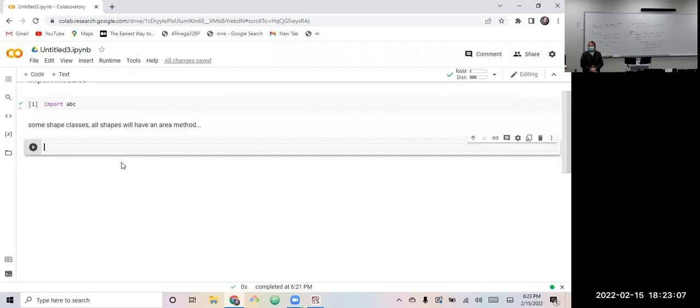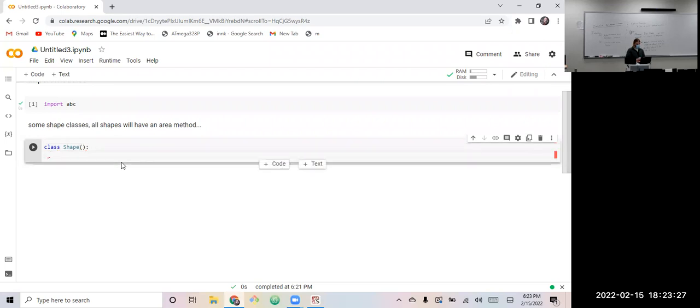If we're making this class that's sort of the parent of all of our other geometric shapes, every shape's also going to have a name, right? Let's make a class called shape. And I'll just kind of start putting some things in here. We need our initializer. And like we saw the other day, it needs a reference to itself.